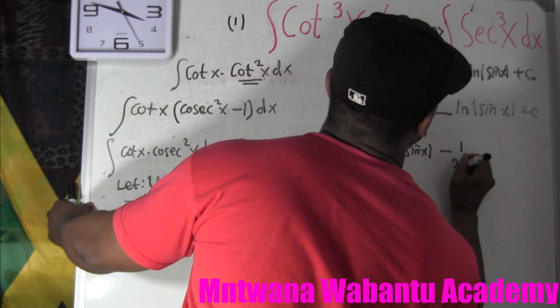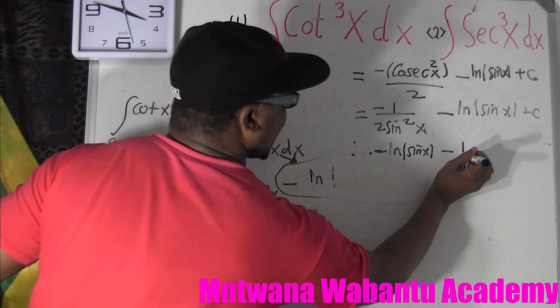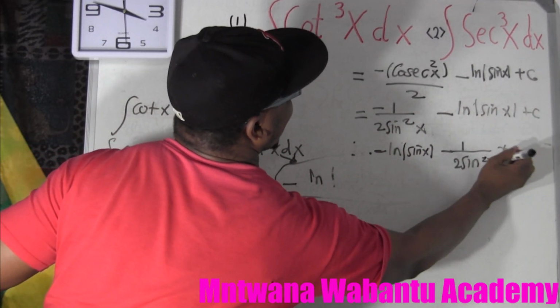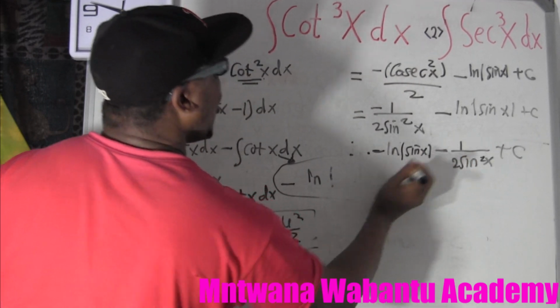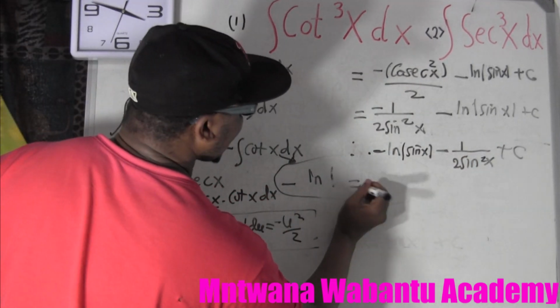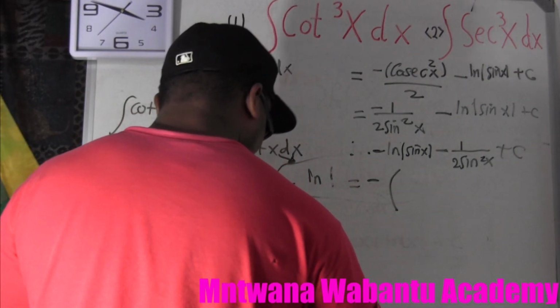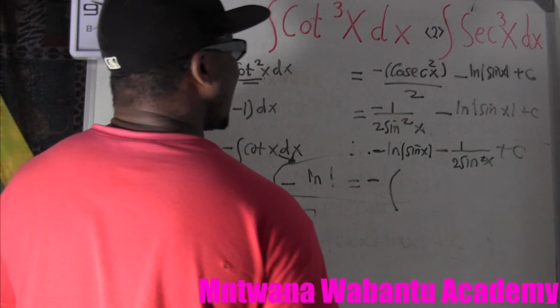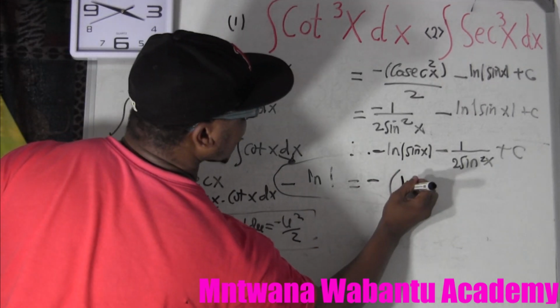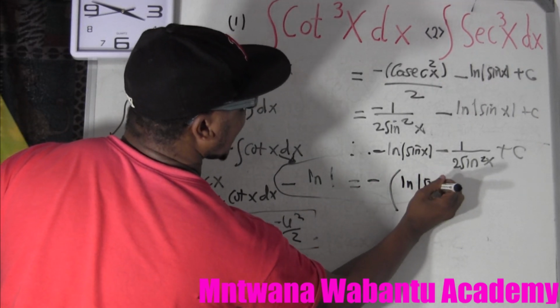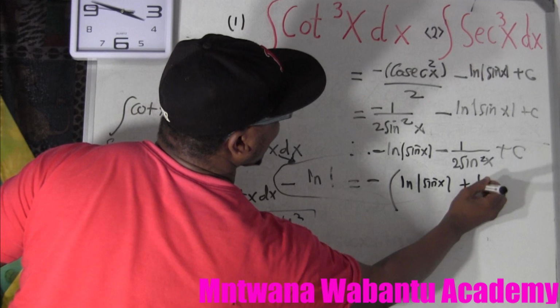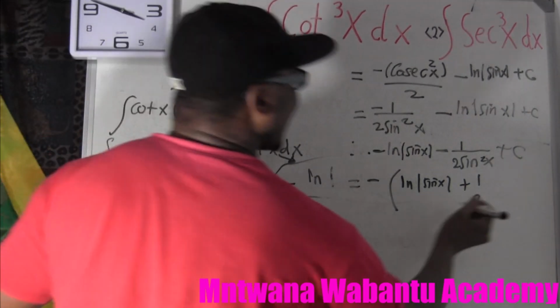Minus 1 over 2 sine squared x plus c, this minus here. Or if I don't want to do that, I can just take the negative out. Now you play around however you want. You're done with your equation. So I can take the negative out if I want: ln of absolute sine of x plus 1 over 2 sine squared x